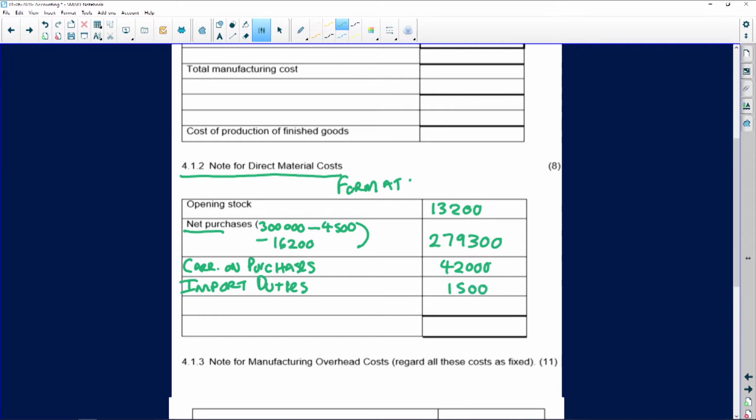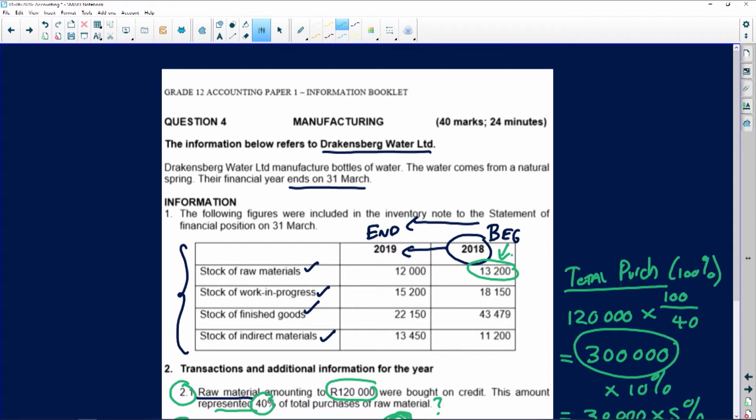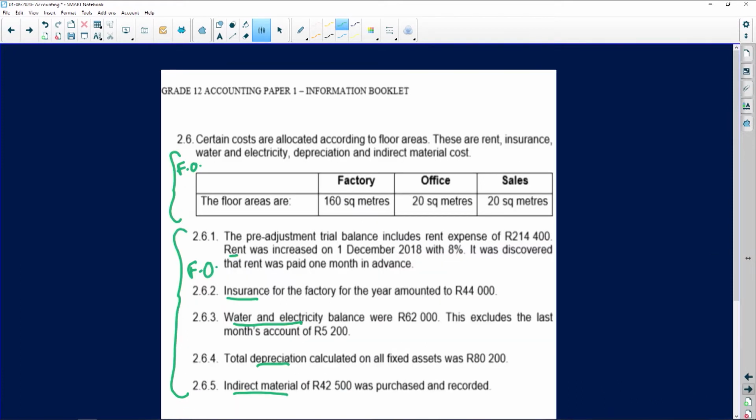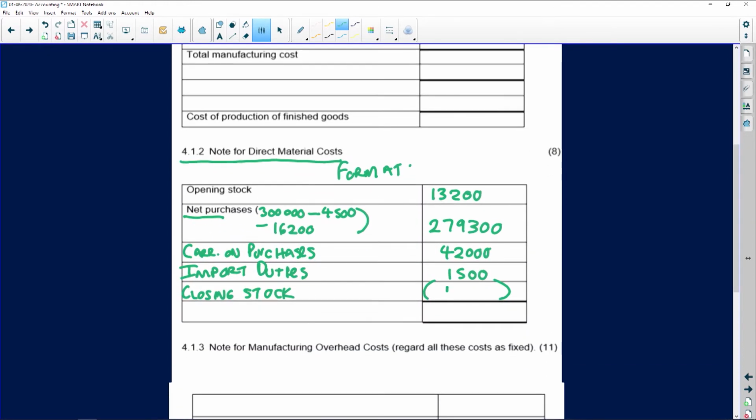Then finally, on the last line, closing stock. And remember, your closing stock must be in brackets. So my closing stock, or stock that was not used at the end of the financial year, an amount of 12,000. Obviously, guys, that 12,000 is now going to be shown as closing stock. So 12,000 in closing stock. Then finally, on the last line, my direct material cost. And remember, this is what was used in the